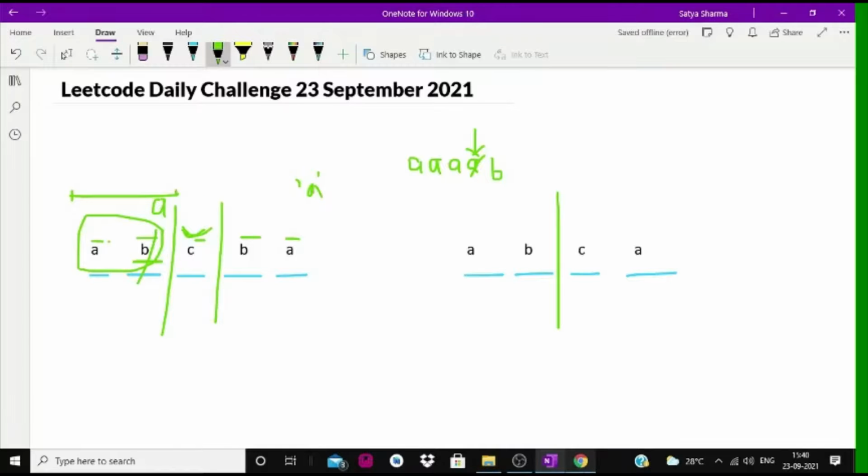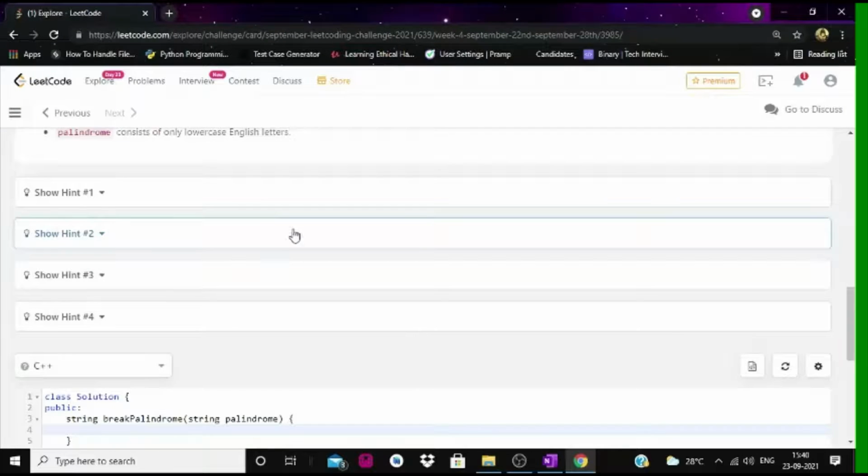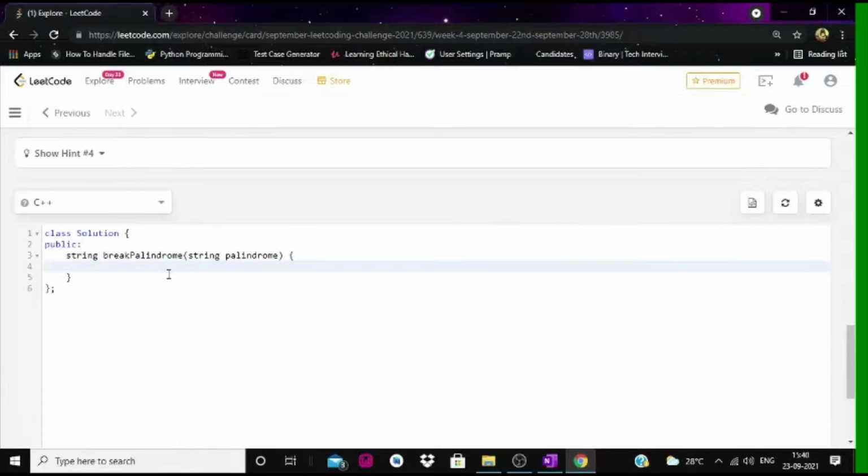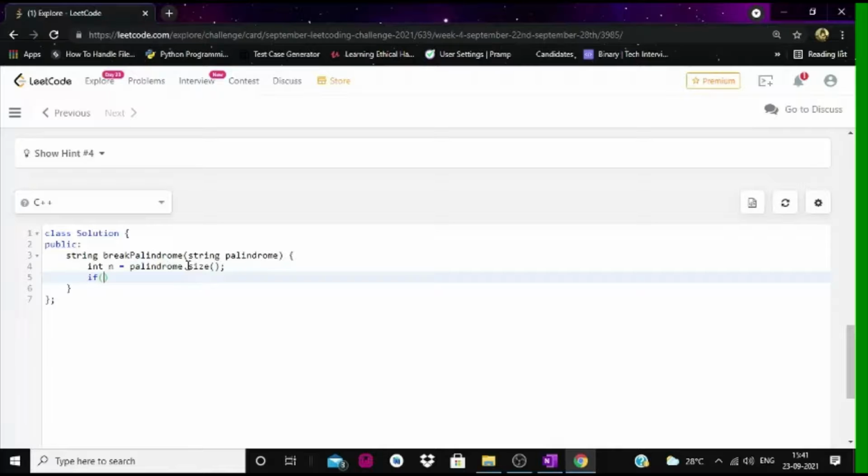Now we'll move on to the code. The first thing that we need to check is the size of the string, and the first edge case that we need to consider is that if the string is of length 1, then we need to simply return the empty string. In all other cases we'll be having an answer.